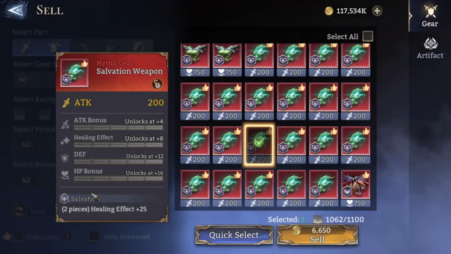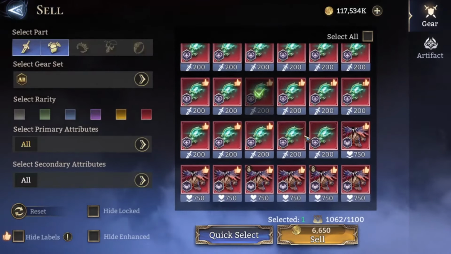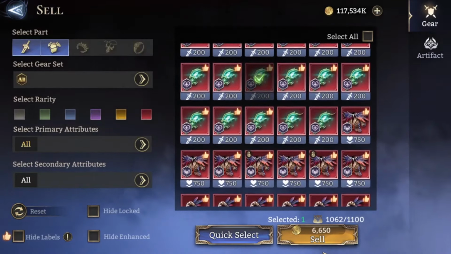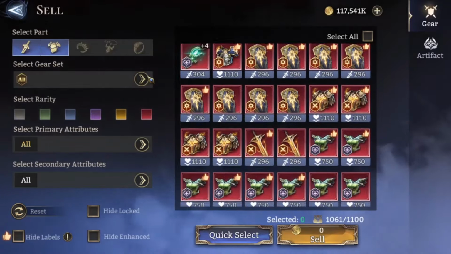And then something like this is kind of lacking with the attack speed and all that stuff. This could be solid, so I will be keeping that. You know, you just want to be looking out for these types of specific things. And then I think we go to